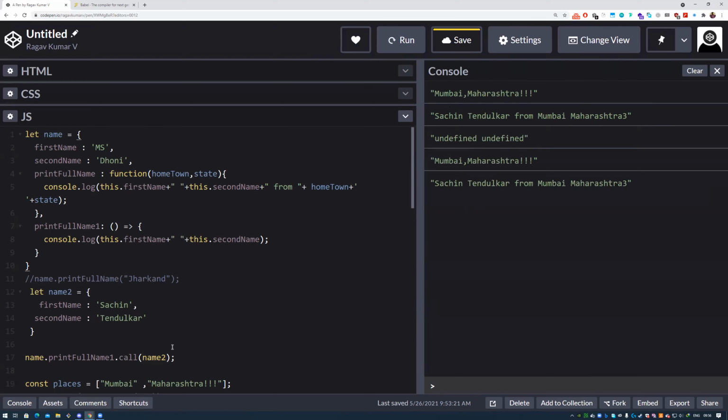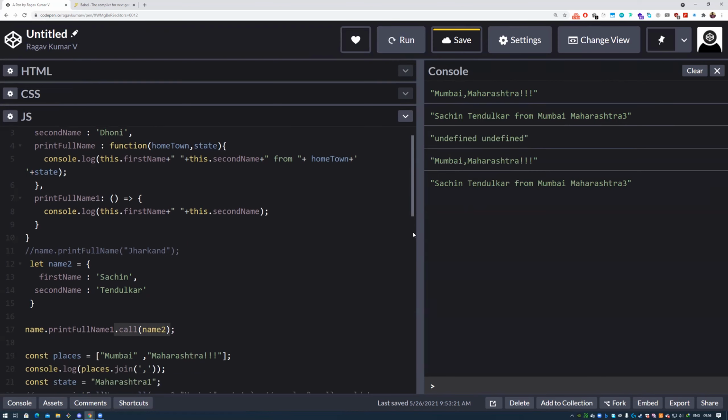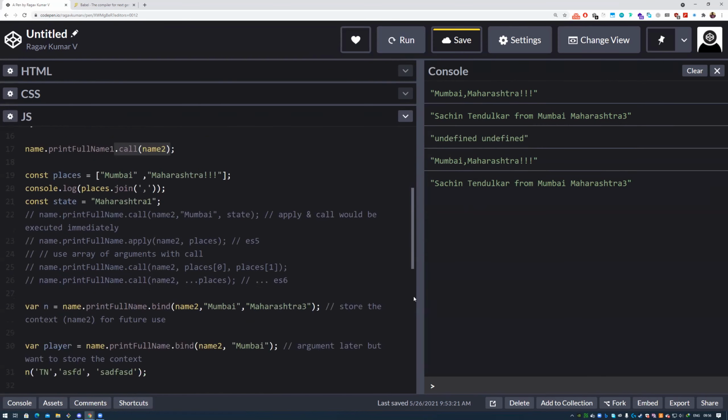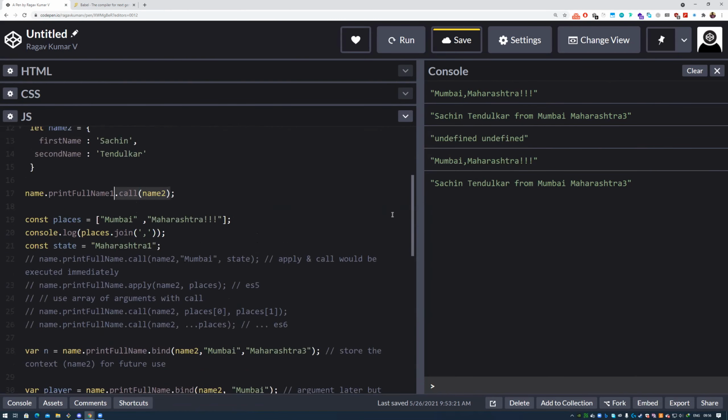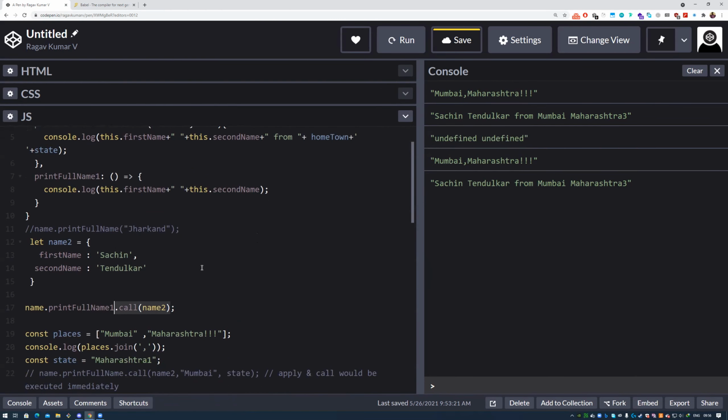Even if you give a context, it will not work. That's a major difference. Whatever you do, call, apply, bind, all three, try to experiment with those things. With an arrow function, the context will not be there.